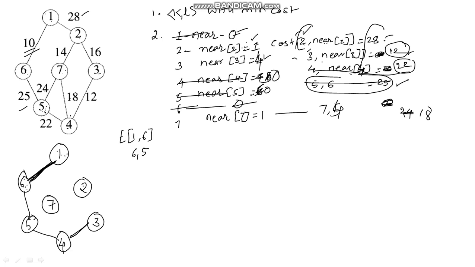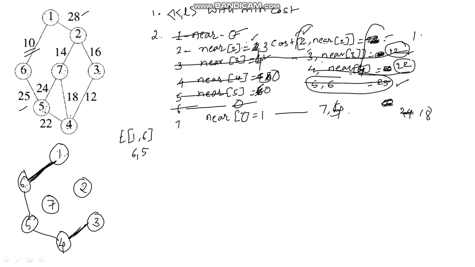So 3 will be added, and near of 3 will now be made 0, and we need not consider 3 now. Again, near of 2, previously it was 1, but 3 has been added now to this, so it is 16. So near of 2 now, we have to update it as 3. Near of 7, previously it was 8, and 3 is infinite away from 7, so near of 7 will remain 4, but near of 2 is changed now.